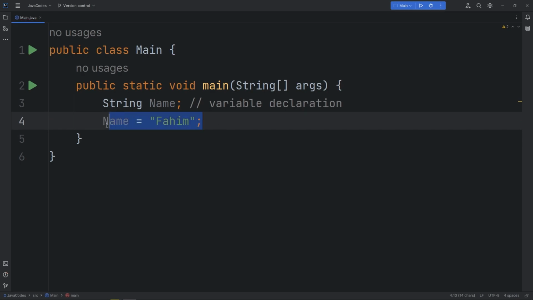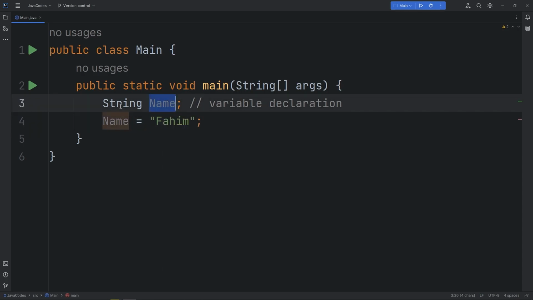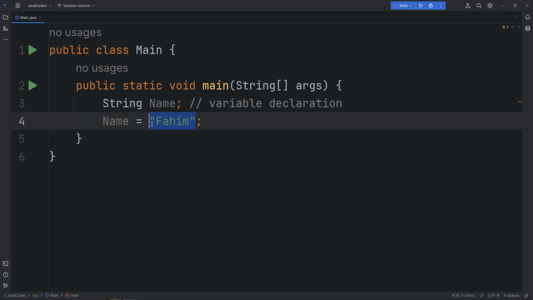Here what I did, I simply initialized the value, because in line number 3 I have simply specified or declared the variable name with the data type. That name is a variable and the variable is a string type, but I haven't specified any value to it. But in line number 4 I have specified the first value in it, and therefore we call it variable initialization